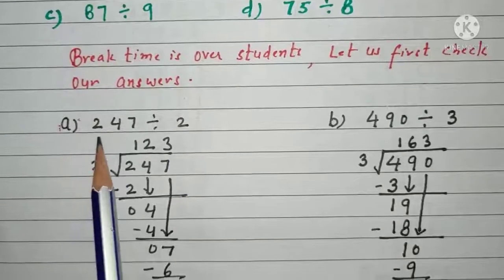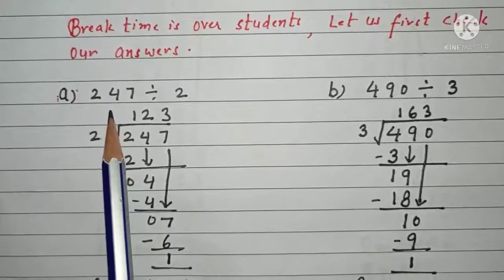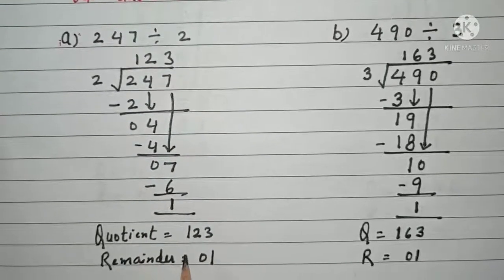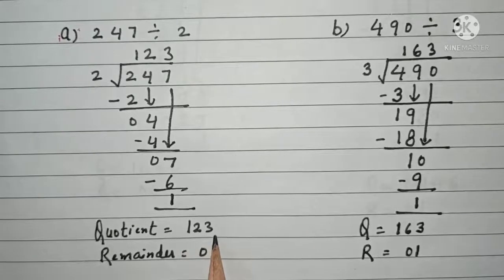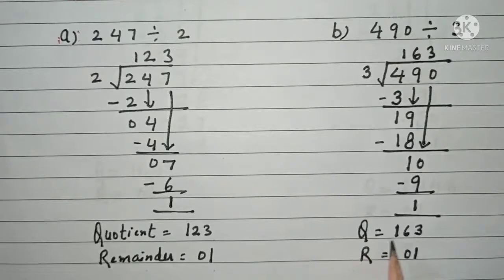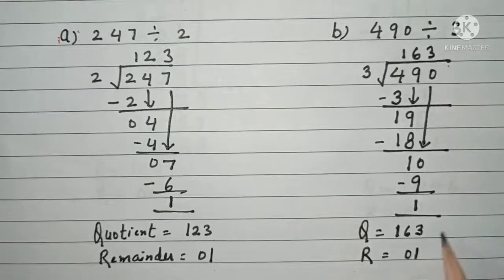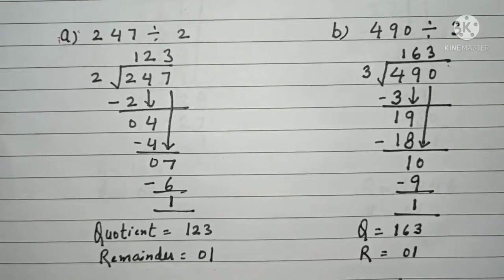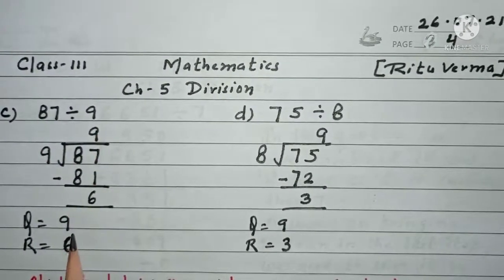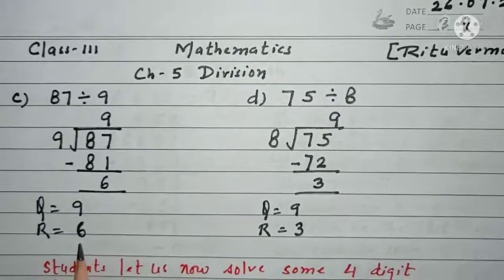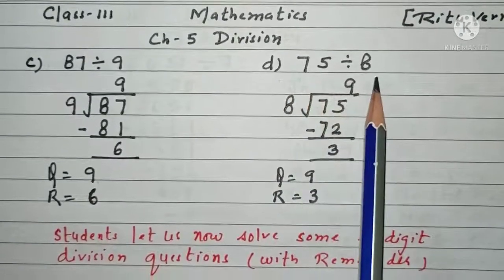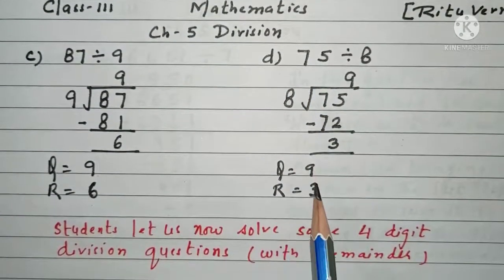In the A part, we have done the division of 247 by 2, and by solving the division, the quotient we have got is 123 and the remainder is 1. In the B part, the quotient is 163 and the remainder is 1. While solving 87 divided by 9, the quotient comes out to be 9 and the remainder is 6. And for the D part, where 75 is the dividend and 8 is the divisor, the quotient is 9 and